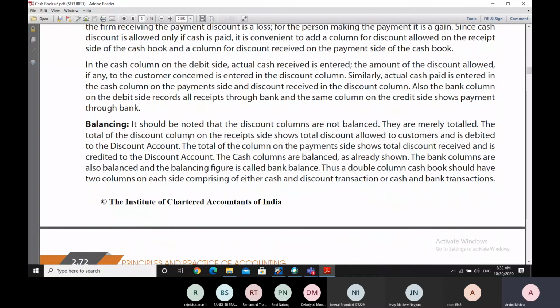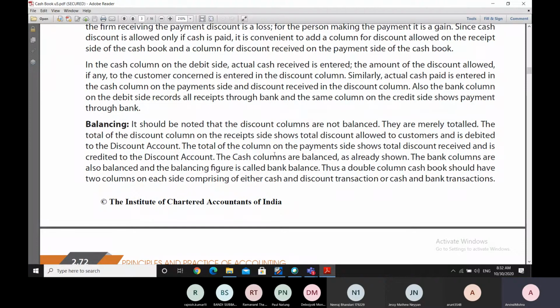We should note that the discount columns will not be balanced. They don't require to be balanced, and the discount columns are merely totaled. The total of the discount column on the receipt side will show the total discount which has been allowed to the various customers, and this amount will be debited to the discount account,